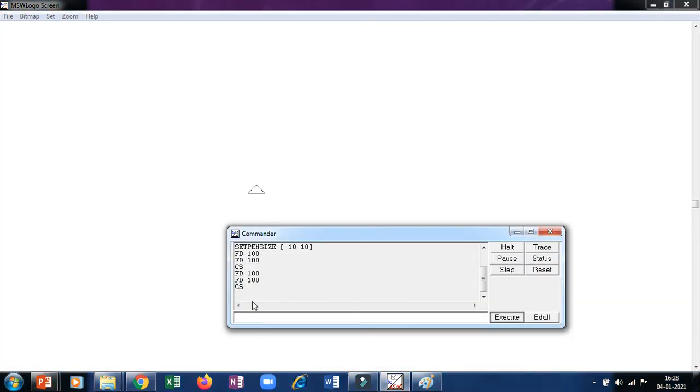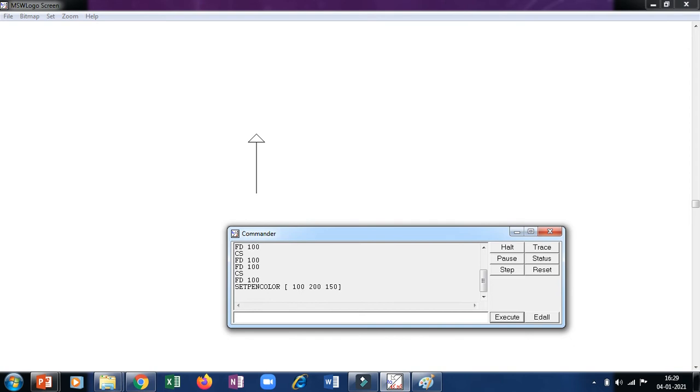Now first let us move the turtle forward by 100 steps. Then we will change the color of the line. Set pen color. The command is set pen color, the color spelling COLOR. Open the bracket. Now write 3 numbers in a combination. One is 100, another is 200, any numbers you can give, and another I am writing 150. Close the bracket. Okay, now we have set the color of the pen.